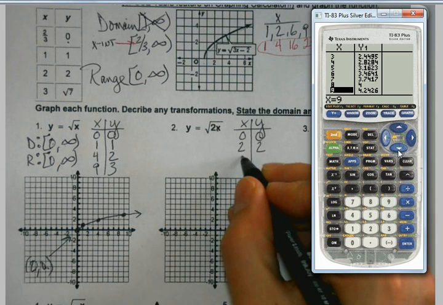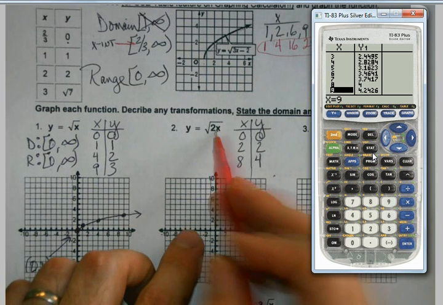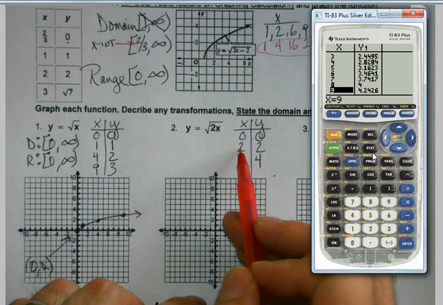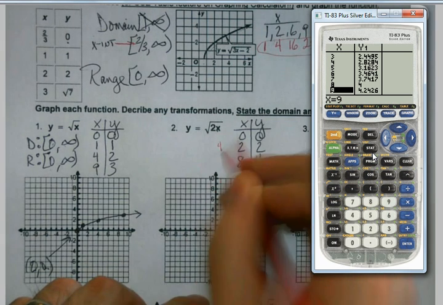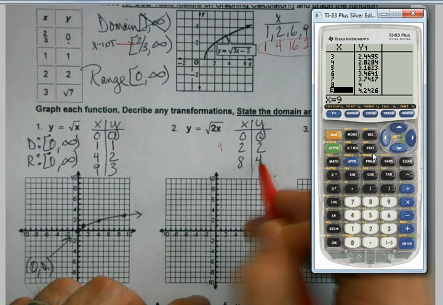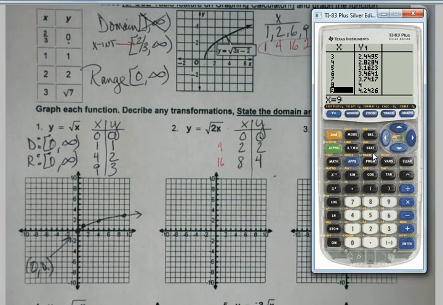Okay, and 8 gets me 4. Might not always get 4 points. But again, go back and look at what those x values get you as a value underneath. 2 times 0 is 0. Okay, that makes sense. 2 times 2 is 4. Perfect square. Comes out nice. 2 times 8. Perfect square. Comes out nice. That's what I mean on finding points instead of just trying to do all the little decimal